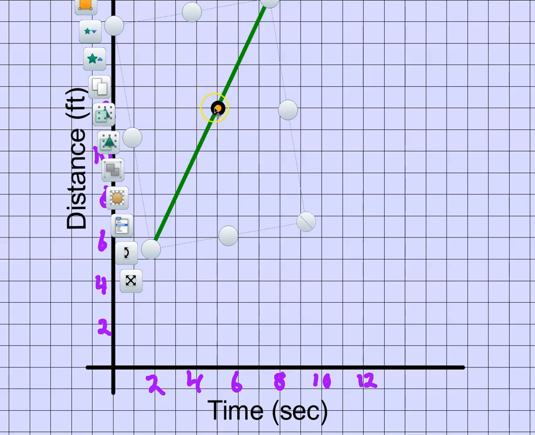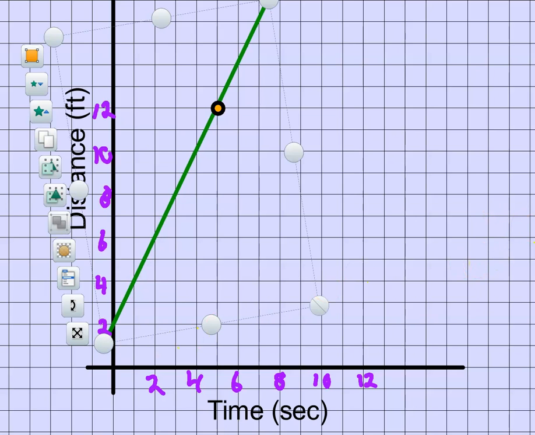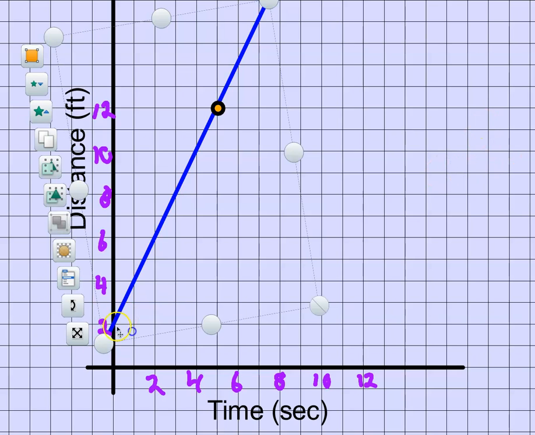And now I notice that it's going up 2 for every 1 over. So if I just trace this back, down 2, left 1, down 2, left 1. In fact, I need to make it a little longer here. Down 2, left 1. I want to make sure it's correct there. And down 2, left 1. So, okay, now I can tell that it looks like it's crossing right here